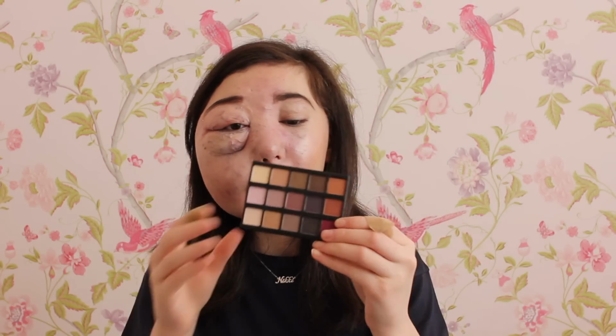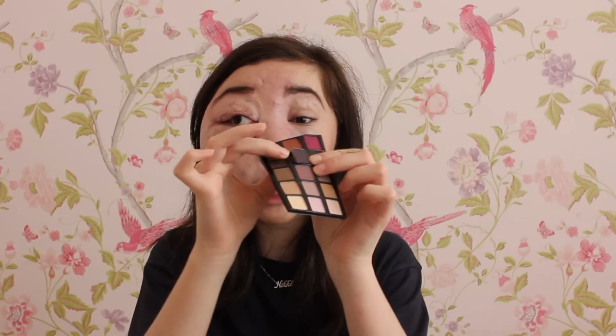Oh, I can't open you. Oh my gosh. So it's very plasticky packaging and it is super small. And inside you do get a lot of shades though. You get 12 shades. This just feels so plasticky. I can literally just pop out the middle bit. The middle bit literally just comes out and it's all plastic. Look, you can pop out the eyeshadows. That is not good quality. Obviously, I know none of this is going to be amazing quality because it's only £1, but